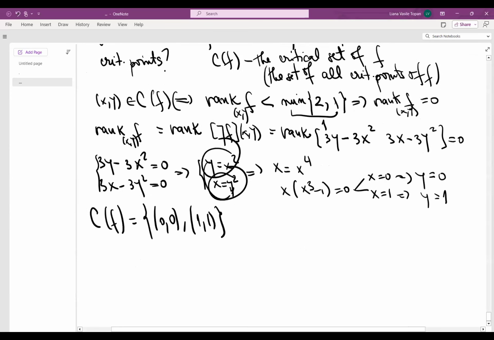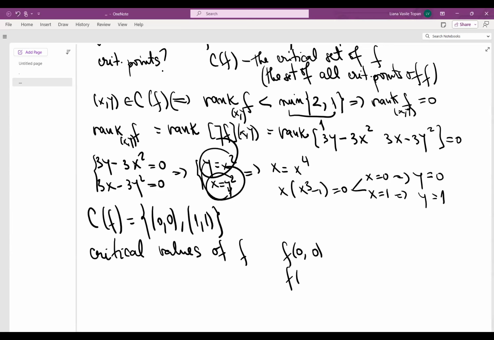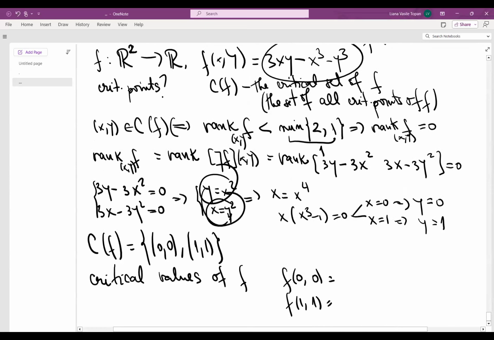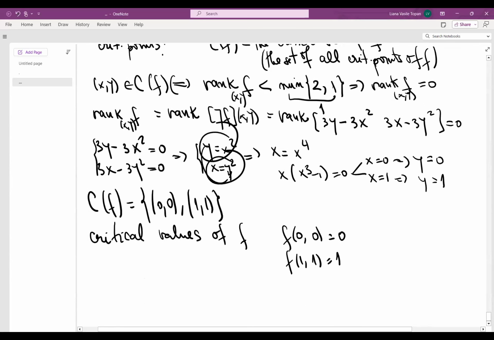Now, what are the critical values? Critical values means the images of the critical points. So critical values of f are f of (0, 0) and f of (1, 1), right? So if we replace in the expression of f, f of (0, 0) is 0, and f of (1, 1) is 3 minus 1 minus 1, that's 1, right? So 0 and 1 are the only critical values